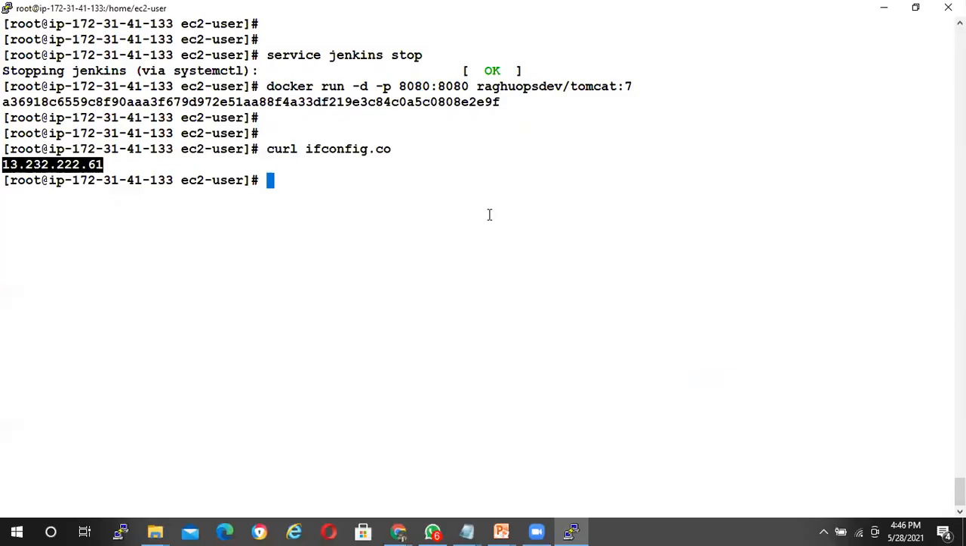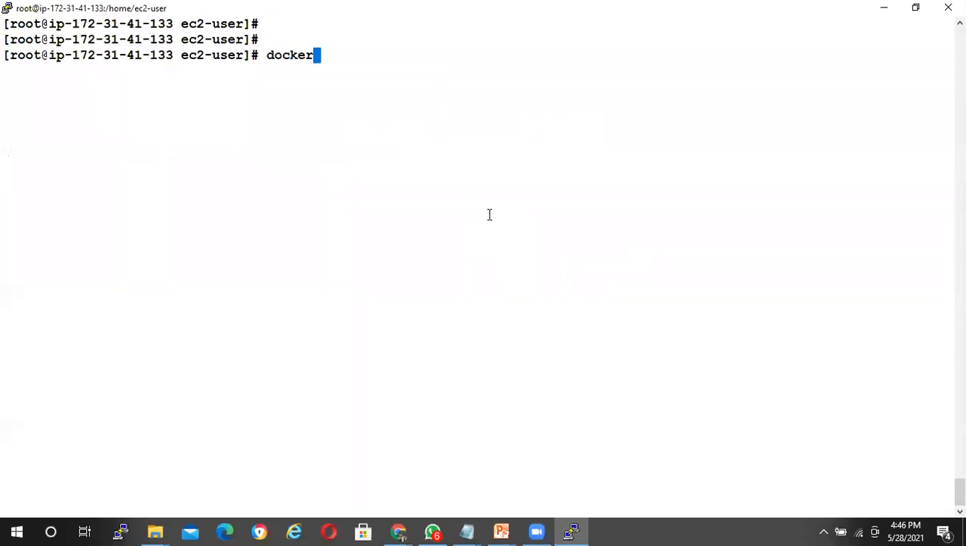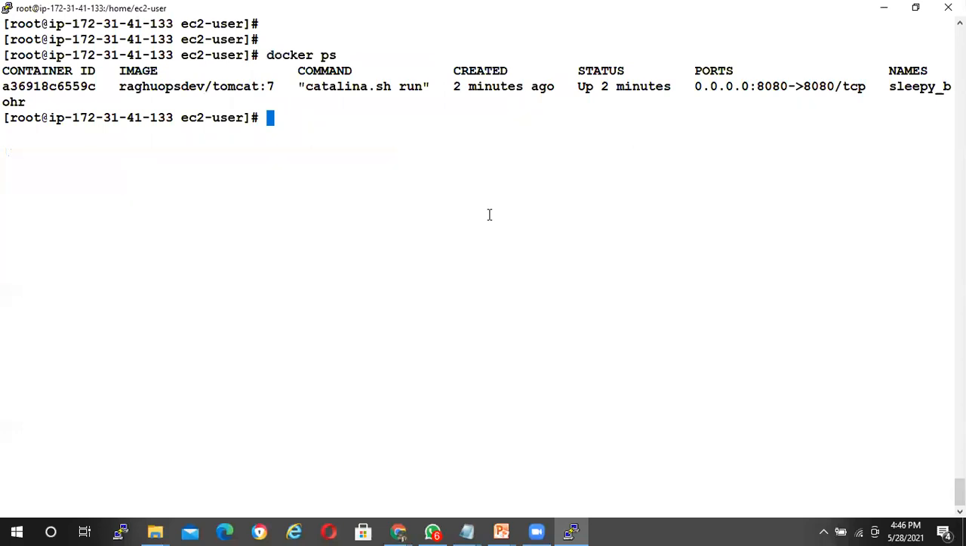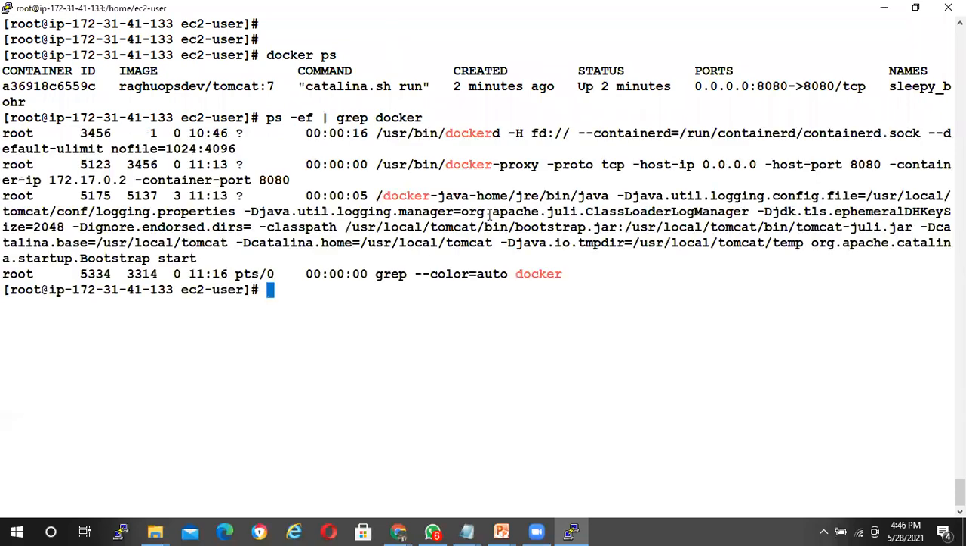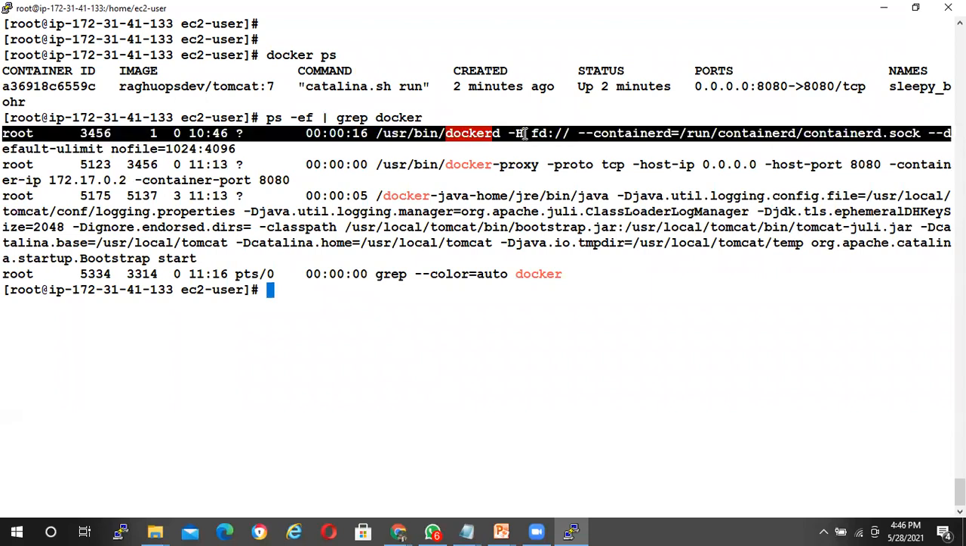What do you mean by that? For example, let me see if there is any container. Yeah, so there is one container with port mapping, right? Now if I try to check what processes are running, one is the Docker daemon. This is the main one. And the other one is